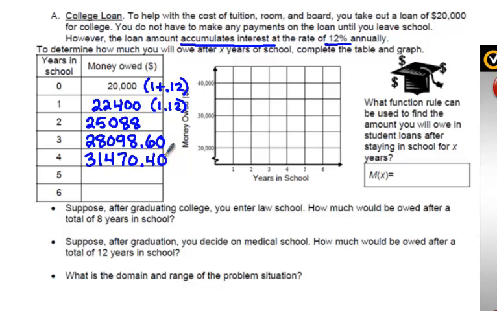Okay. We're going to take that number and multiply it by that same 1.12, and we are going to get 35,246.80. Multiply that number as well by 1.12, and we get 39,476.5. Remember, these do have zeros at the end of them. They are money. And so one of the things you want to think about is